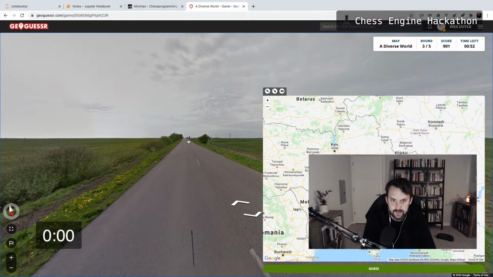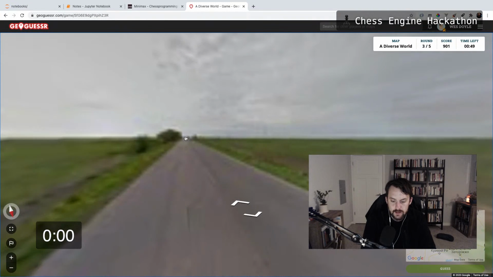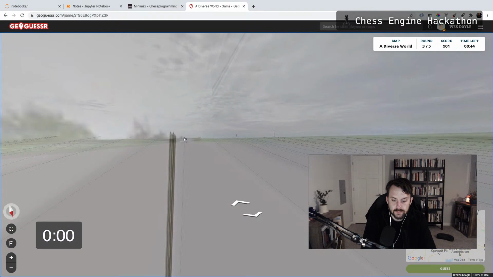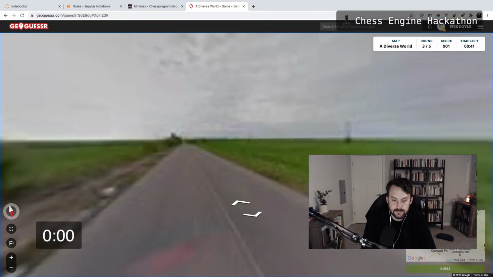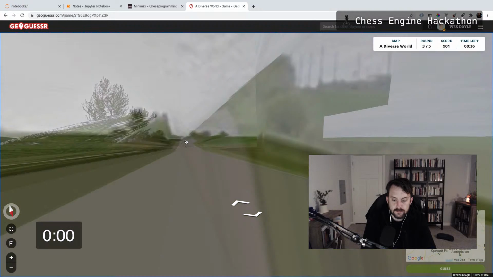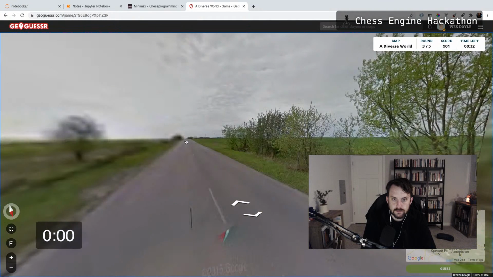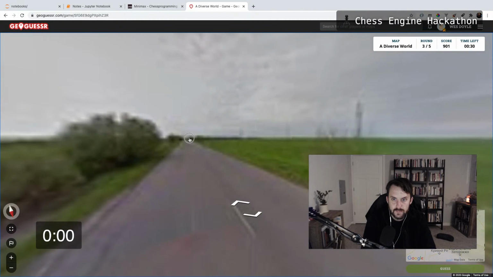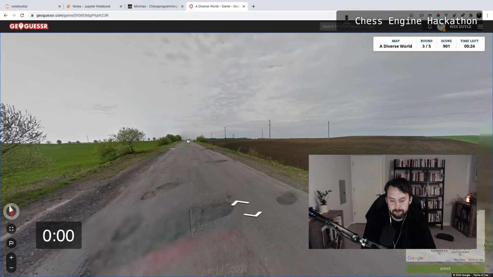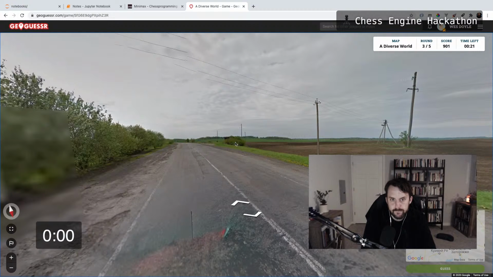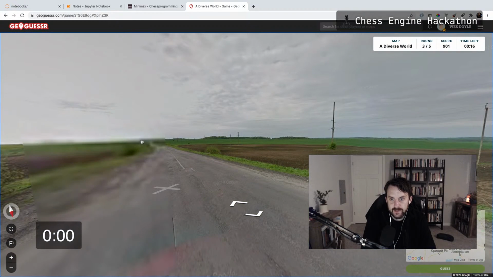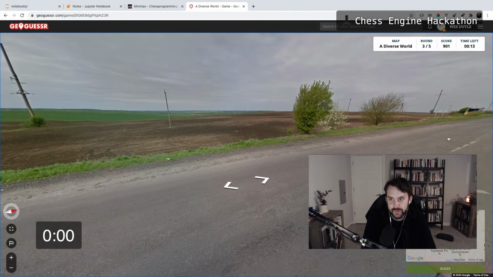Be great to get a read on the road that we're on. So this is a pretty wide open road. All right, finally we get a road sign with 16 seconds left,